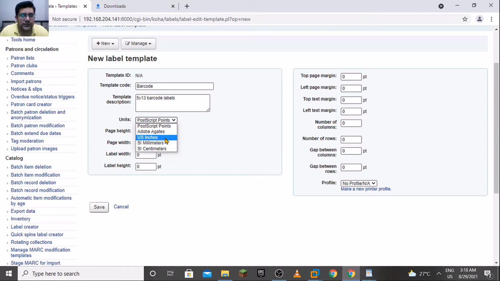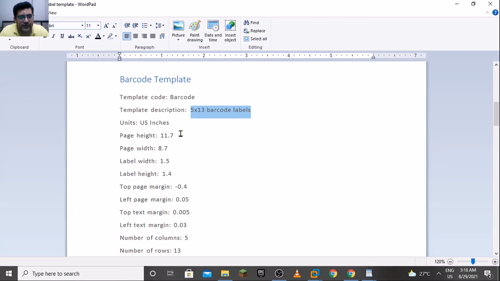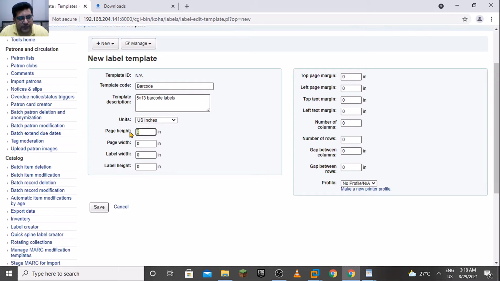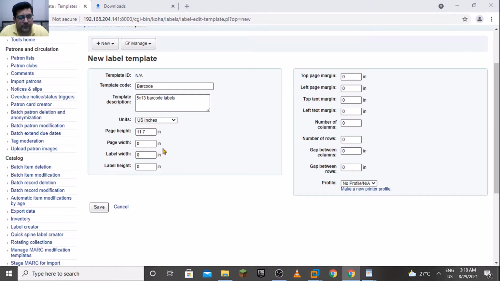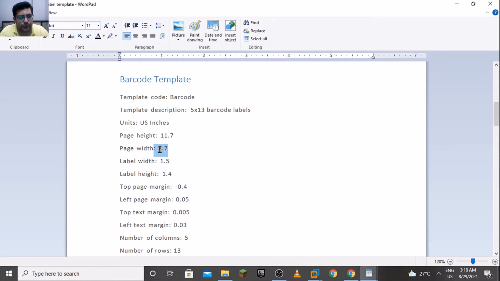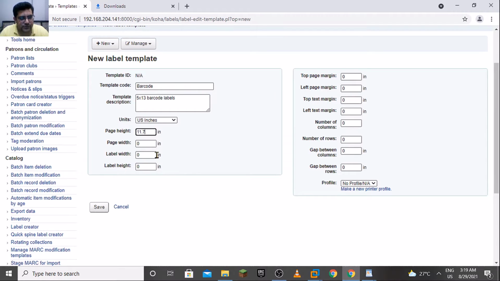So we are using US inches here, and we need to work on inches for letter size or A4 size. There's a difference between A4 and the letter size. So we have this for A4 size. So we have page height would be 11.7 and 8.7 would be the height of page,